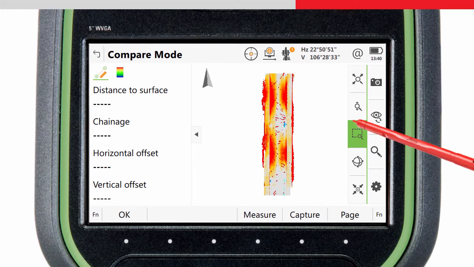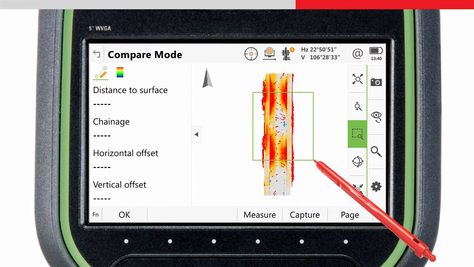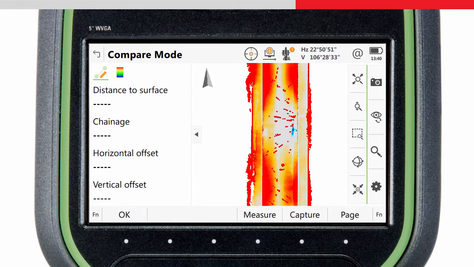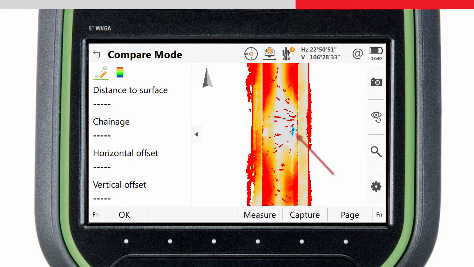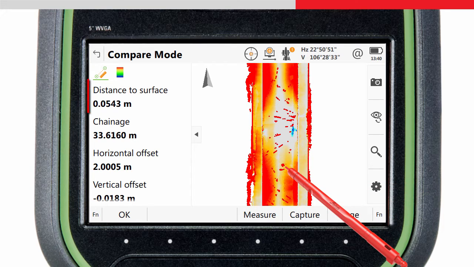And as described in the first video, here is where we can really inspect the surface. On the right hand side, the colouring indicates the differences between reality and the design. Remember, blue indicates where the road surface is lower than it should be, and red is where it is higher than it should be. If we tap on a scan point, we can see on the left hand side the perpendicular distance from the scan points to the reference surface.